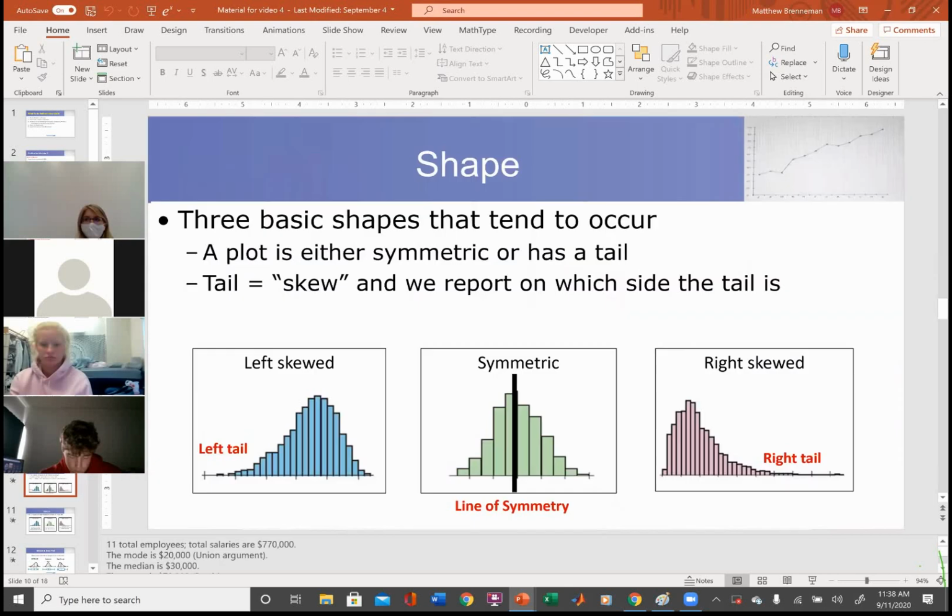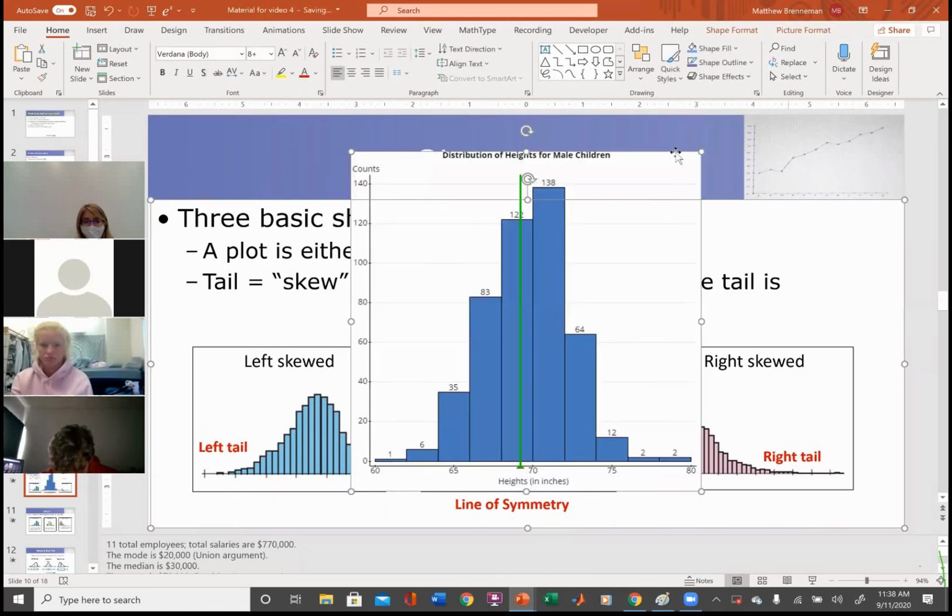Okay, so for shape, tail on the left, left skewed. Tail on the right, right skewed. Kind of symmetric, okay, kind of even on both sides, the same on both sides. And we're going to put it into one of these 3 bins. And so the question is, I think I can still paste, can I? Yeah. So the question is, which bin,